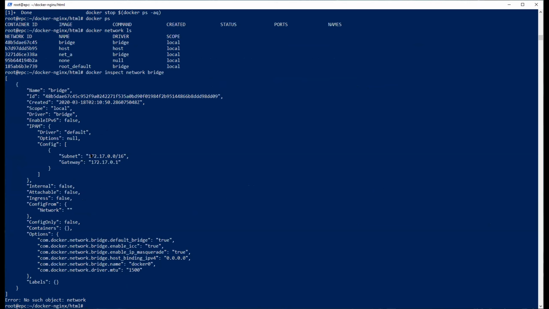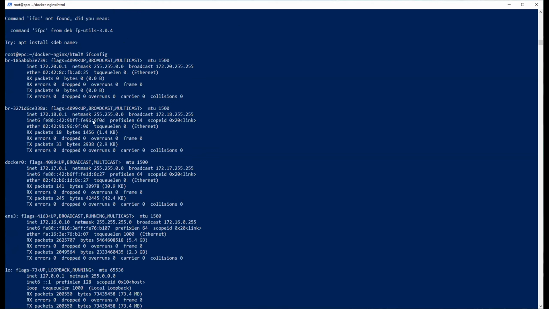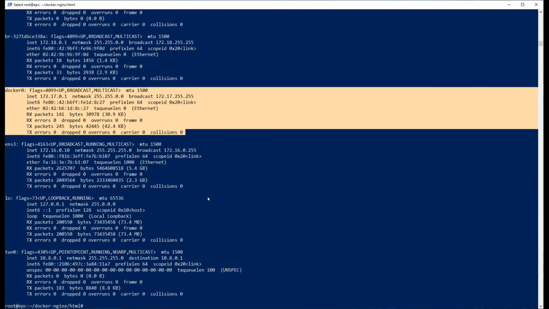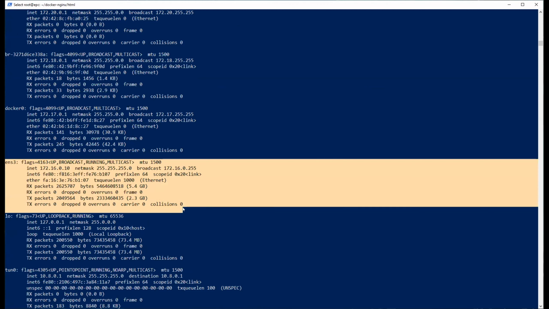So it has a subnet and gateway. And this is more or less how it's done with the bridging, because the bridging uses VXLAN to bridge between the main interface and the docker0 interface. If you go to ifconfig, you will see that Docker creates a docker0 interface by default. So this is the interface through which the Docker containers communicate with the physical interface.